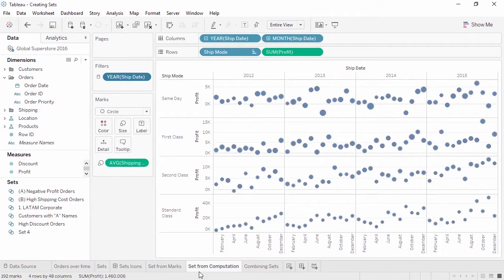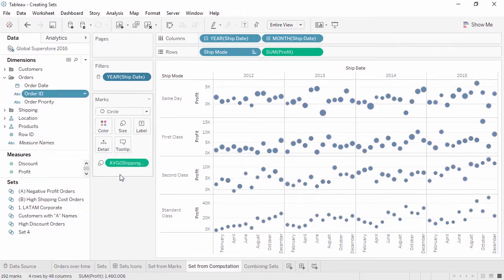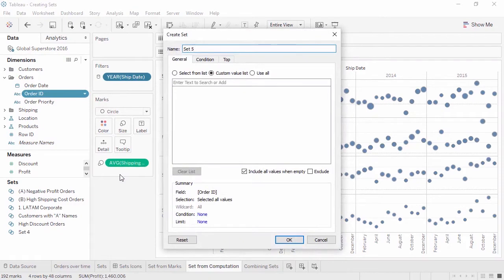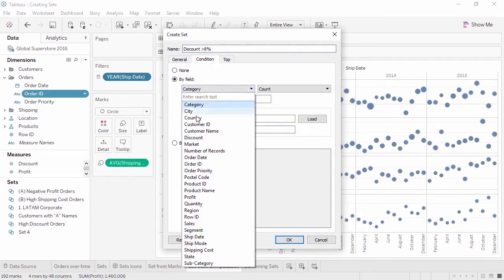To create a calculated set, right-click on the desired dimension in the data pane. We'll use Order ID, and then we'll select Create Set. We'll name this Discount Greater than 8%. Next, we need to determine the condition for the set. The Condition tab can set rules, such as the discount field,